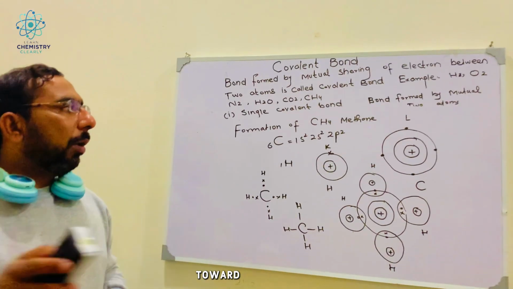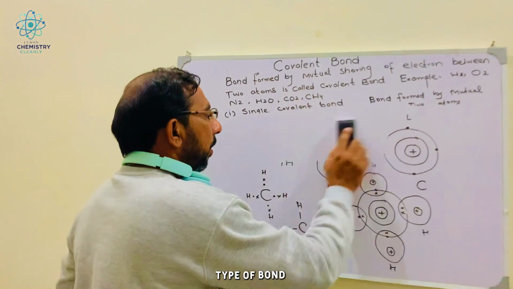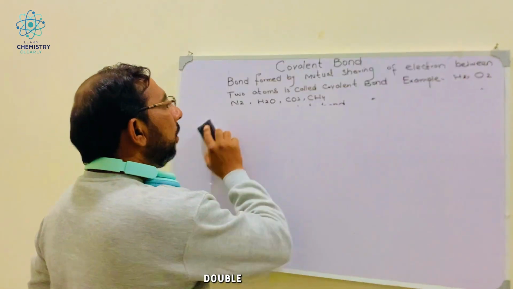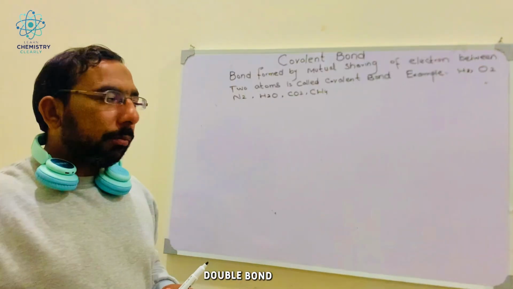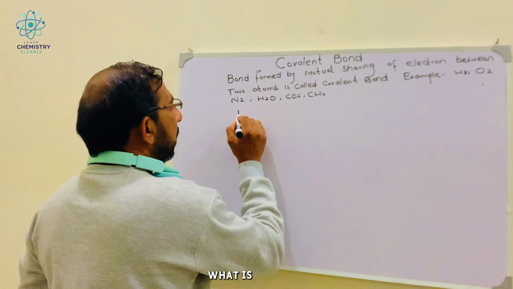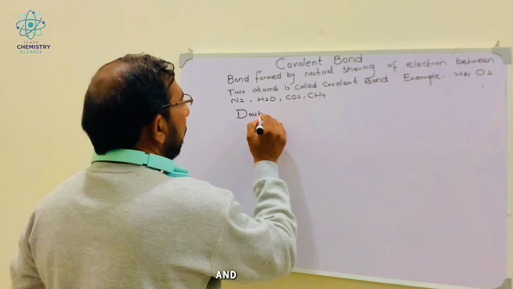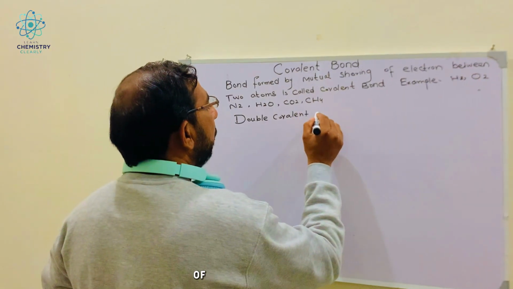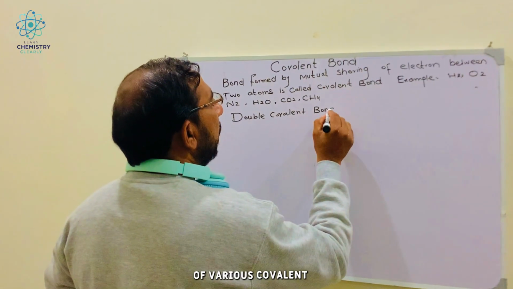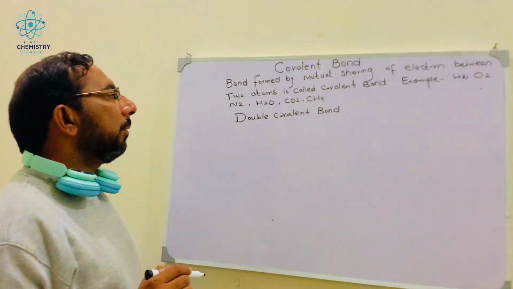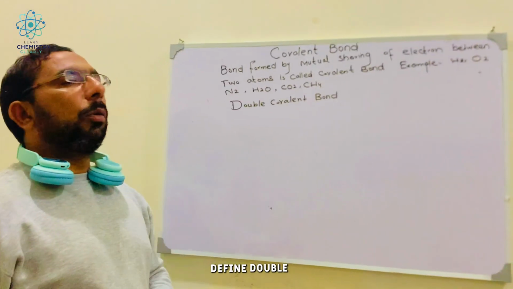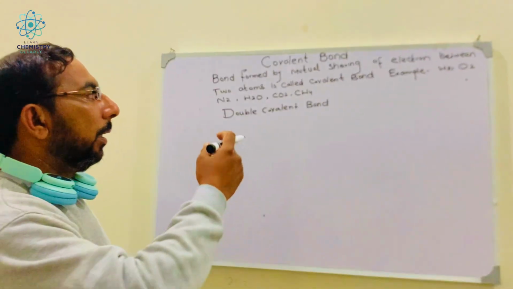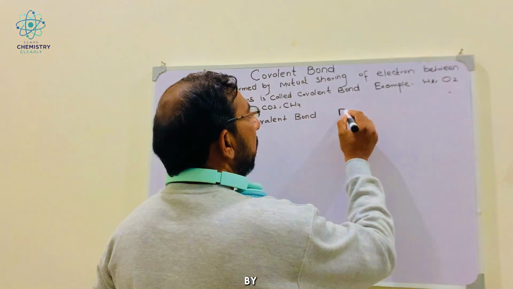Now we move toward our second type of bond in the covalent case, that is called double covalent bond. Like this, what is double covalent bond, and we will explain it with the example of various covalent compounds. Dear students, first of all, we need to define double covalent bond. Like single covalent bond, we can define it as the bond formed